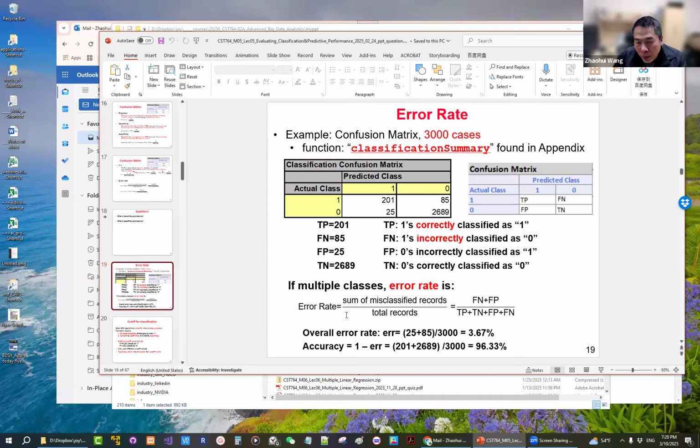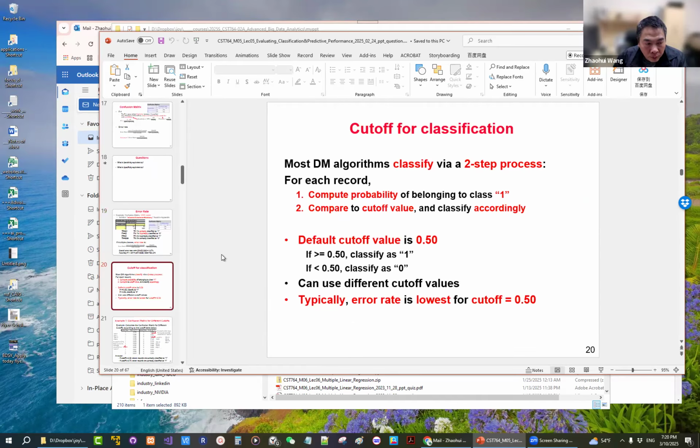Then we can calculate the error rate, accuracy, or F1, sensitivity, specificity, and also precision. To derive the confusion matrix,